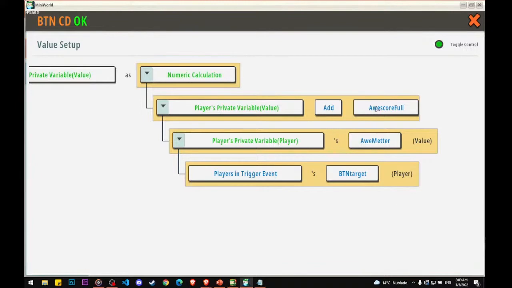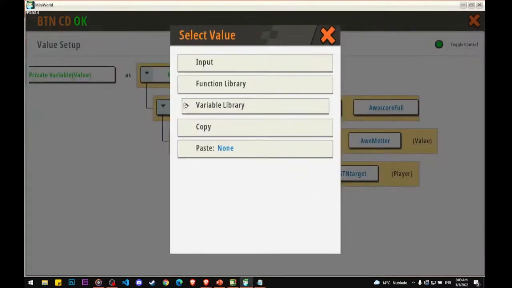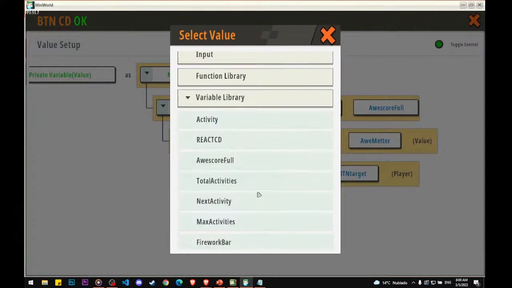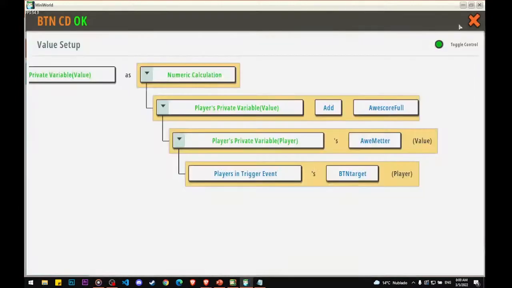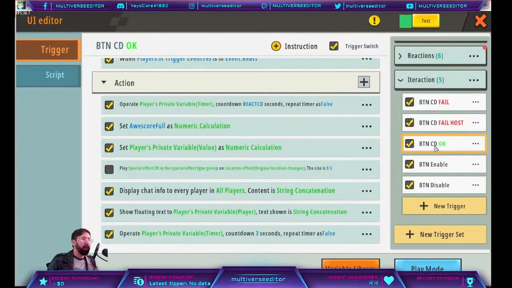And then on the end, we're gonna use awesome score full, okay? So just scroll down and select our score full, and that's it, okay? And we were working on this one that is going to be the actual handle of the reaction bar, okay? Now we're gonna add the score that we're gonna use, and also we add that score to